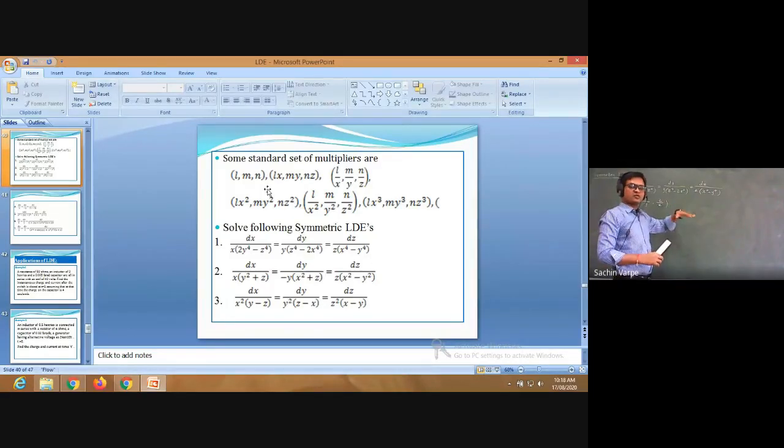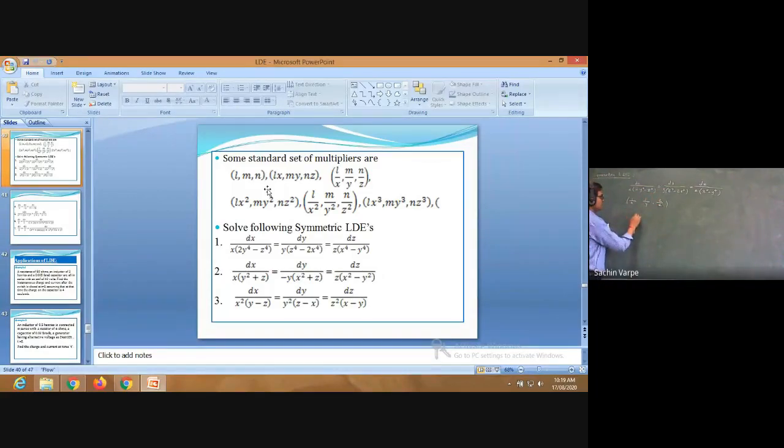So don't want means what? I'm dividing the numerator by x, here y and here z. So what I'm having is 1 by x, 1 by y, and 1 by z. If I select 1 by z, then here I'm having 2y raised to 4. That must be cancelled out with this negative of y raised to 4. But that will be minus y raised to 4, that is not 2 times. So that is why I'm multiplying it with 2, that is why 2 by z. So with this set of multipliers, each of these ratios is equal to the fourth ratio.